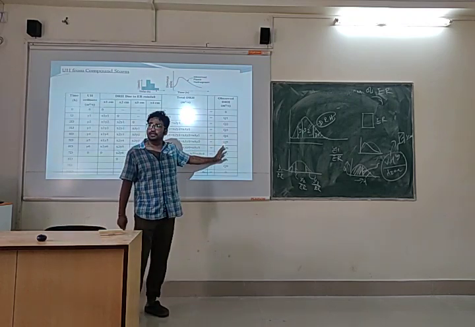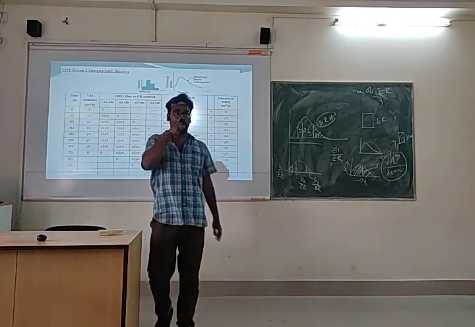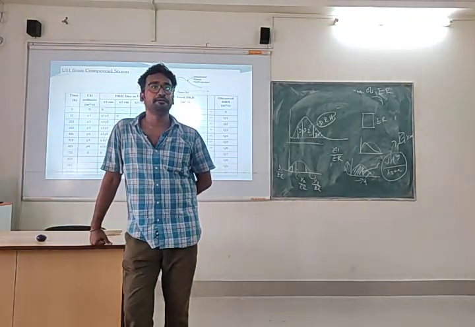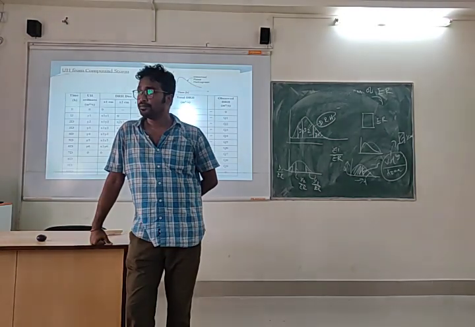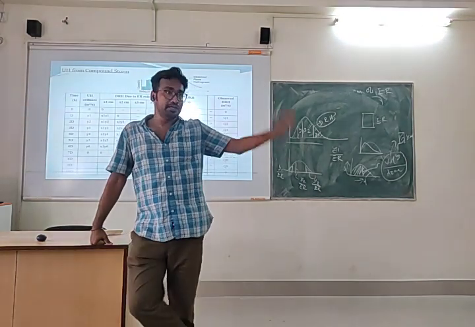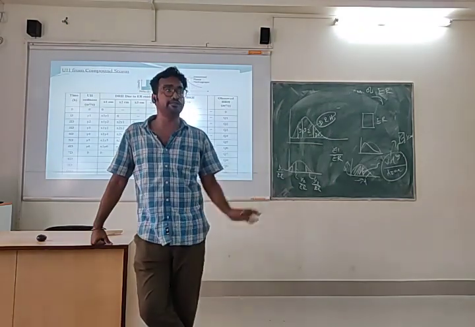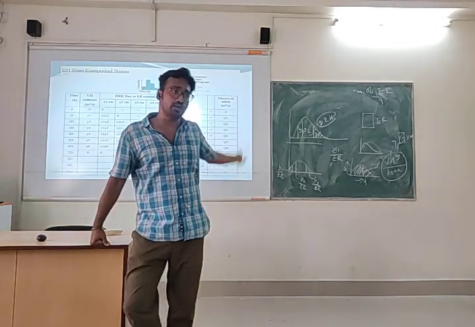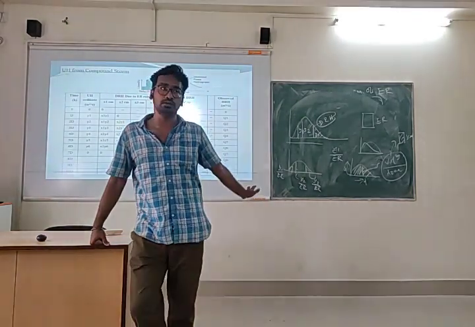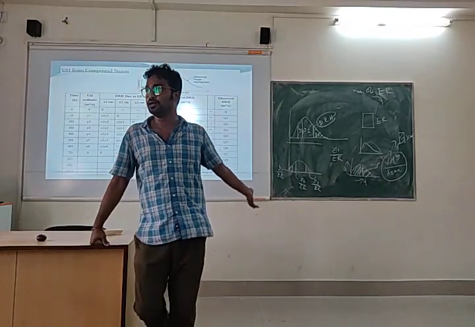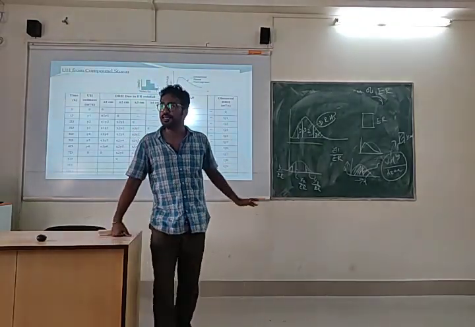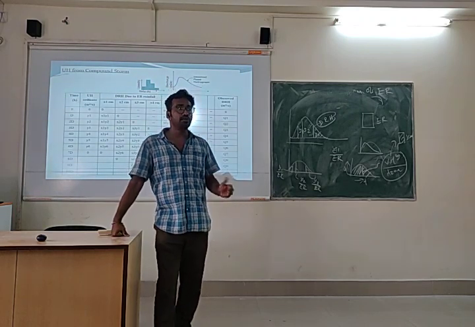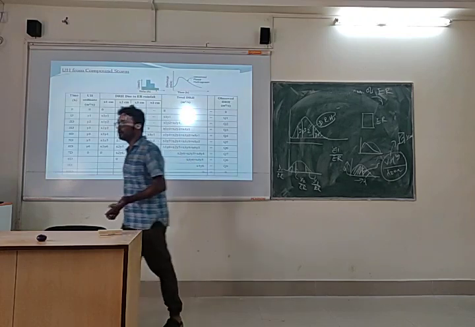You can find out Q1, Q2, Q3, Q4 if you measure the stream flow in the stream. Practically, you go to the stream and measure its flow, and you can find out the discharges Q1, Q2, Q3, Q4. X1, X2, X3, X4 are known because you are measuring the precipitation wherever you are measuring, right? So what is the only unknown? Y1, Y2, Y3, Y4 are the only unknowns, right?